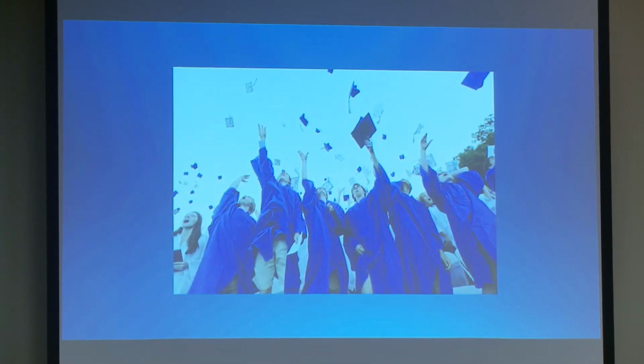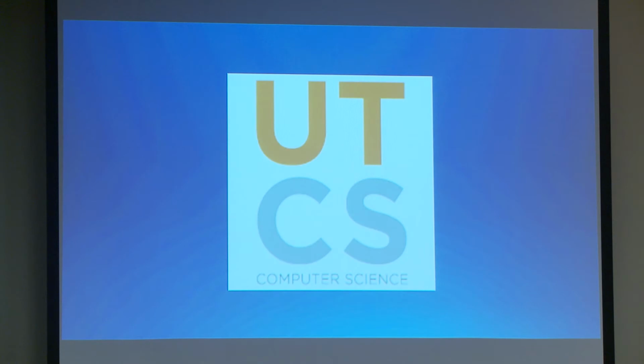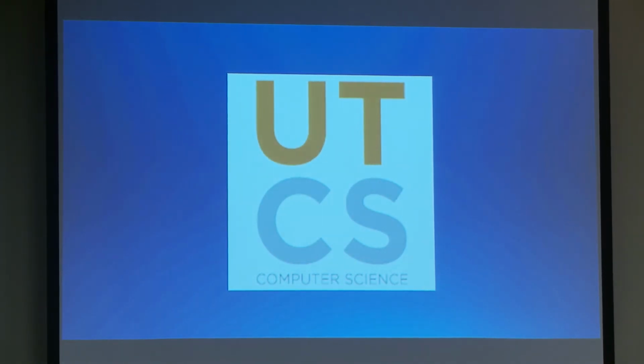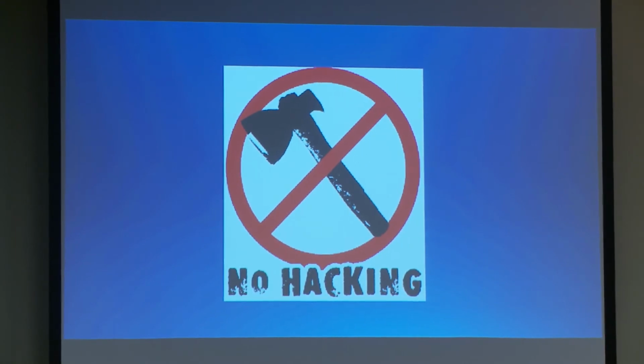Eventually I graduated from high school and I decided that I really, really liked computers. And I liked them enough that I decided to go to the University of Texas, and I went to UT for computer science. The unfortunate thing with UT, while they had a great computer science program that I really enjoyed, I enjoyed being there, I enjoyed the classes. There was absolutely no security in any of the classes, right? Any of you guys CS students? Yeah, some of you. Did you guys have security in any of your classes? Not a one, right? And unfortunately, this is still a problem today.